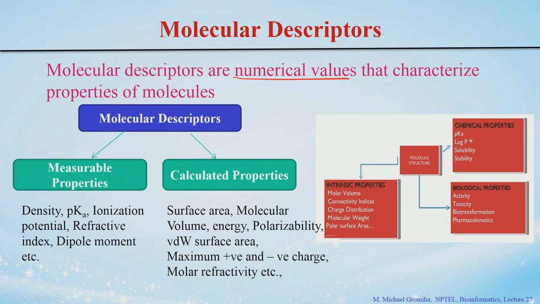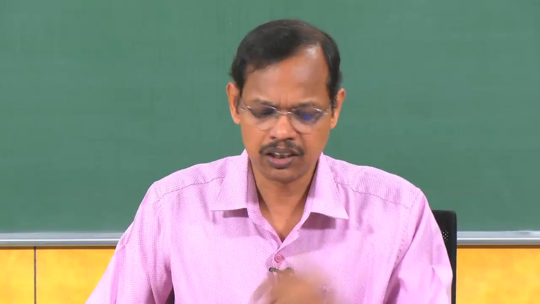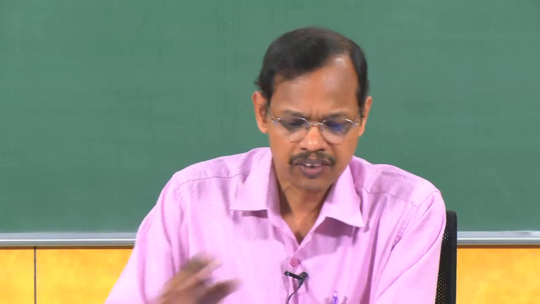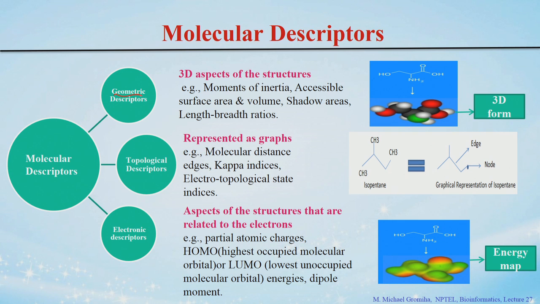For example, the chemical properties include pKa, log P, solubility and so on, the biological properties include toxicity, activity and so on, and the intrinsic properties include charge distribution, polar surface area, molecular weight. So, you can see intrinsic properties of any ligand, chemical properties and biological properties. Then you can get some of the calculated properties and some of them are measurable properties. Then we can see these descriptors in different groups, like geometric descriptors,